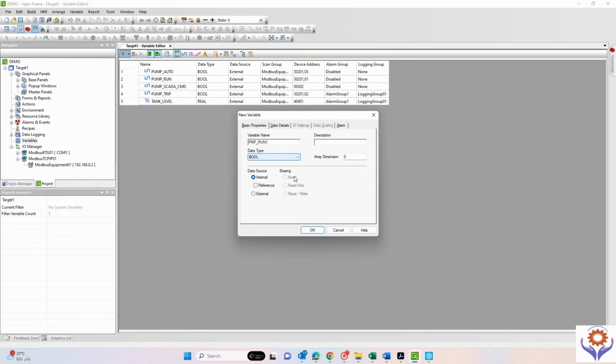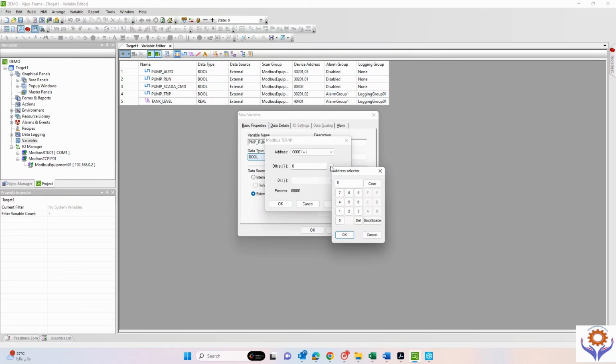we can take the internal address; it will not be used for external. This is the internal address. If I go for external, you can select in the downside of the device address here, and it will show only 0, 100, 300 and 400. This is the standard Modbus address. So 0 means write, 100 means read, 300 read, and 400 means it is read and write